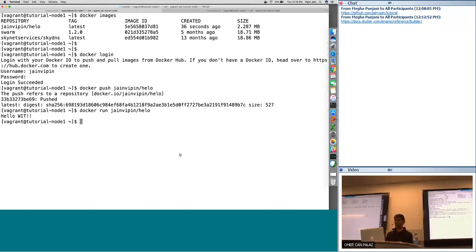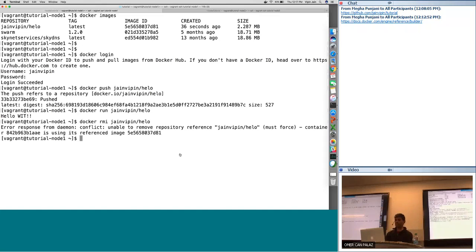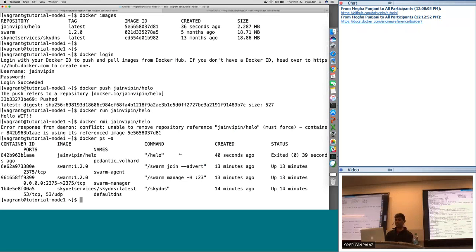Now, let's say that I have these images which I looked at. Let's say I lose this image. So in order to pretend that I'm losing an image, I'm going to remove the image which I created just now. Any questions? So RMI, the remove image command, it's okay if you're not familiar with all the commands, but I'll tell you what it means. So docker rmi is to remove an existing image from your system. Okay, so because this image is being referenced by a container, it's not allowing me to delete it. So I have to remove this container first, which was run.